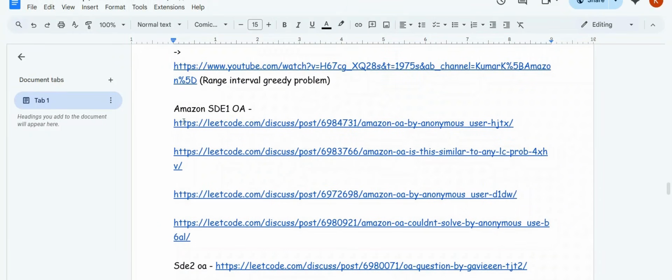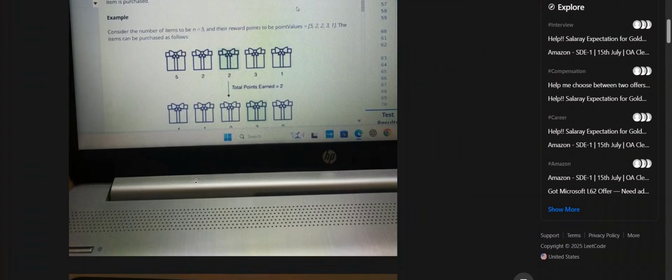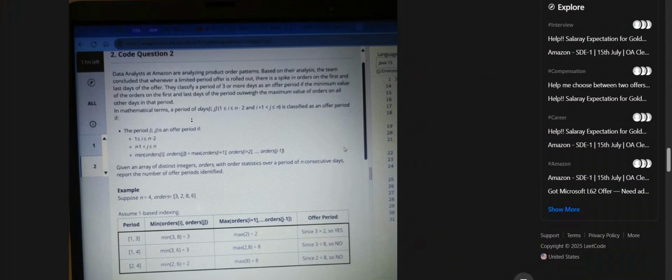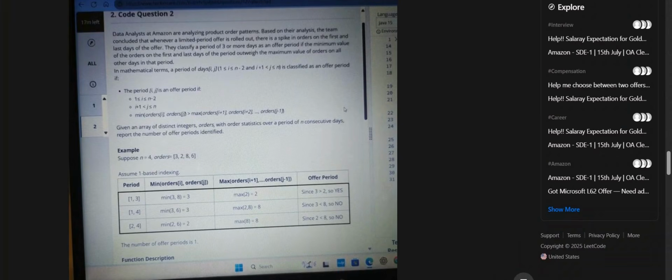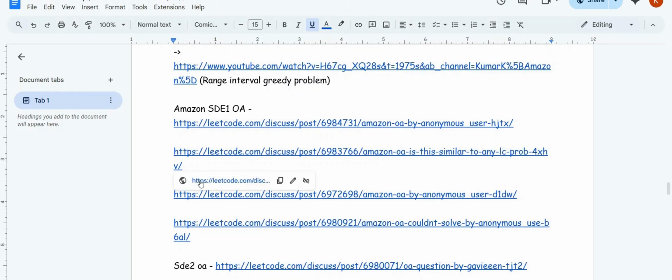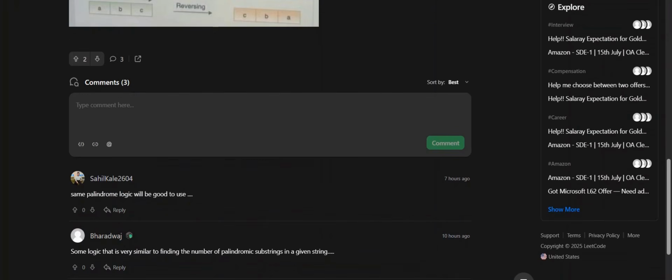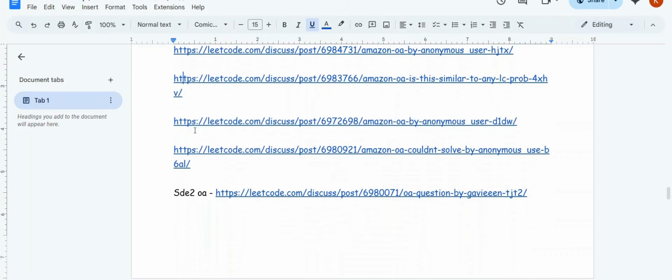Now let's go to the LeetCode discuss posts, which discuss many of the Amazon OA problems asked in June and July 2025. Here, again one more problem on simple array hashing and mathematics. And the second problem is on prefix, suffix, the same stack concept and Mo's algorithm. You can call it lazy propagation segment tree also. This problem, if I analyze it, is a basic string manipulation concept with hashing, anagram and palindromic concepts. There are many problems which we have. I'll try to open them all up.